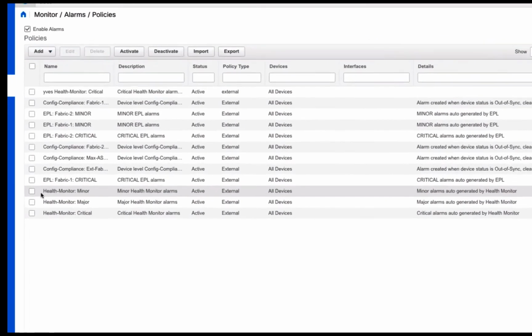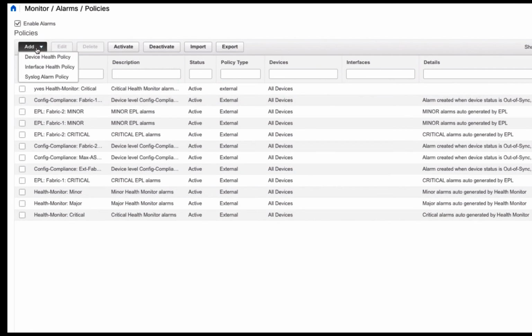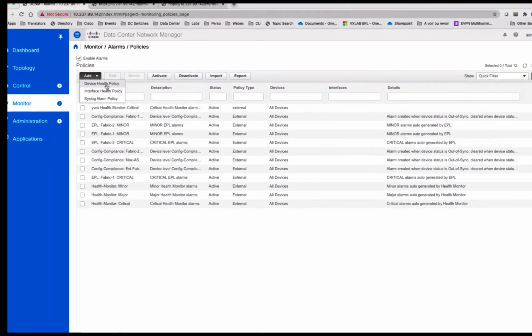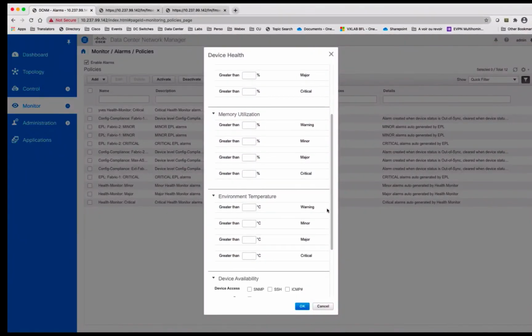DCNM comes with several alarms which are by default active and that you can deactivate based on your need. Or you can add a new alarm related to either the device health policy, the interface health policy, or the syslog alarm policy. If you select, for example, the device health, you can specify your threshold and set the threshold for different criticality levels.